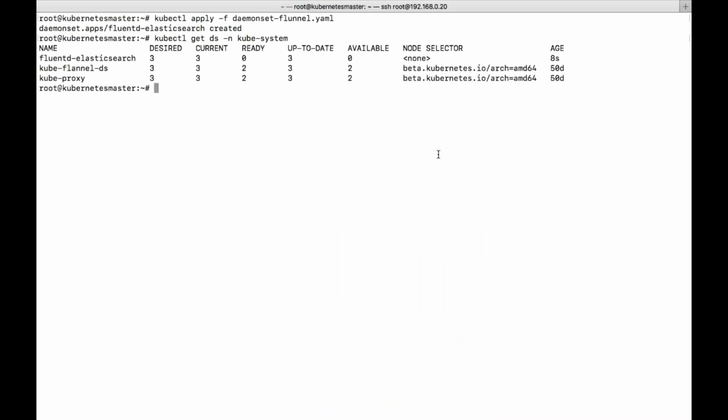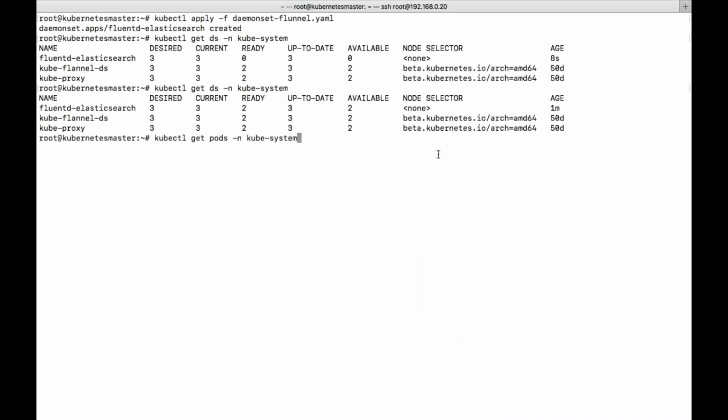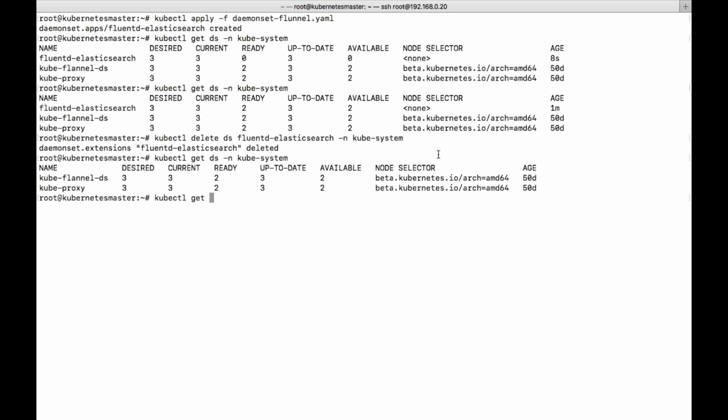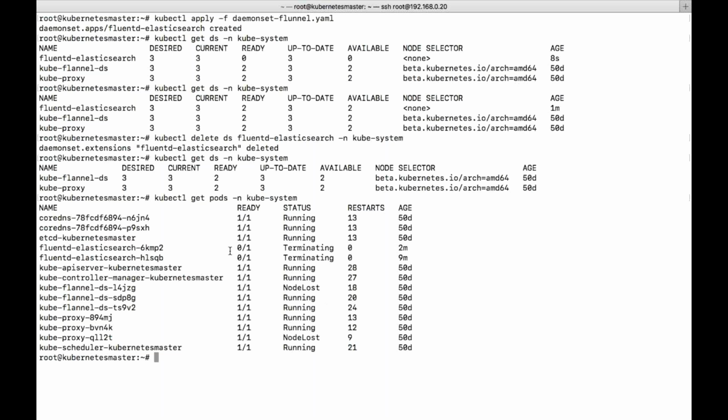Okay. So now let's try to delete without this cascade. kubectl get pods. Yeah, still it is deleting, but oh my goodness. This parameter states that if you try to delete, it will delete only your daemon set, not the existing pods. But in the previous example, it is also deleting your daemon set, your pods also.